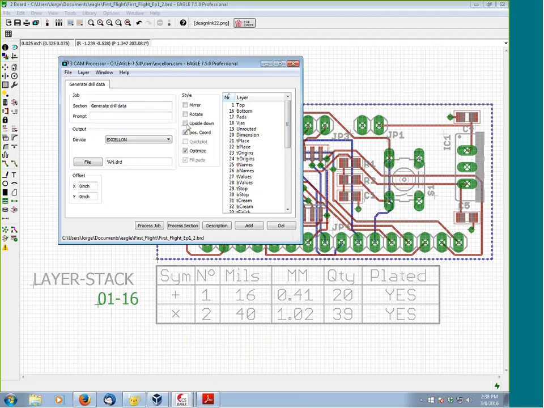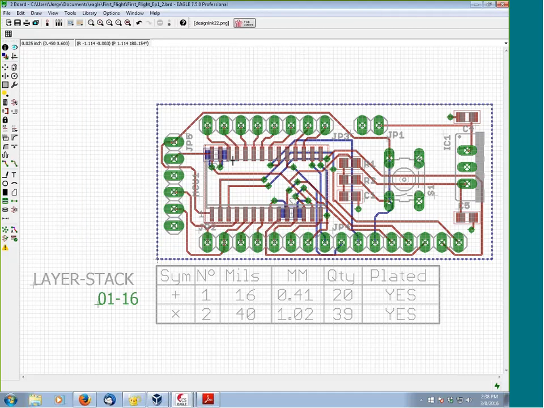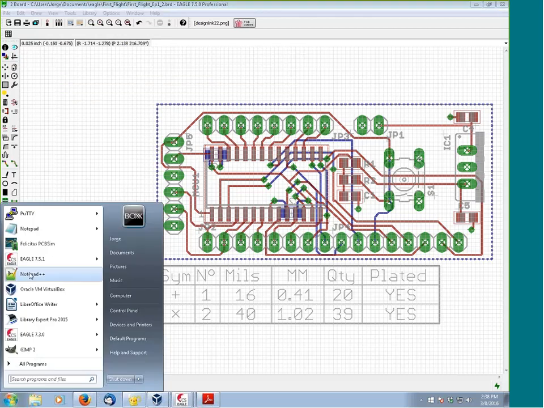Okay, so the final thing we want to do, and I encourage all of you to do, okay, always before you send out any of your manufacturing data, always review the Gerbers. It's just a sanity check to make sure everything came out correctly. Okay, so there's lots of Gerber viewers available. You could use something like GerbV, okay, which is for Linux. I personally use ViewMate,